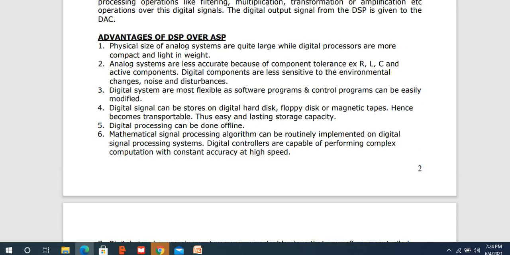In olden days we used RLC kind of components. Now in digital form, noise and disturbance are all less, whereas in ASP those are high. Analog signals are less accurate because of the use of RLC, whereas digital signals are very accurate. They do not have any impact from noise and disturbance because they consist of zeros and ones only, right? So it won't vary. If something is varying, then it can affect the